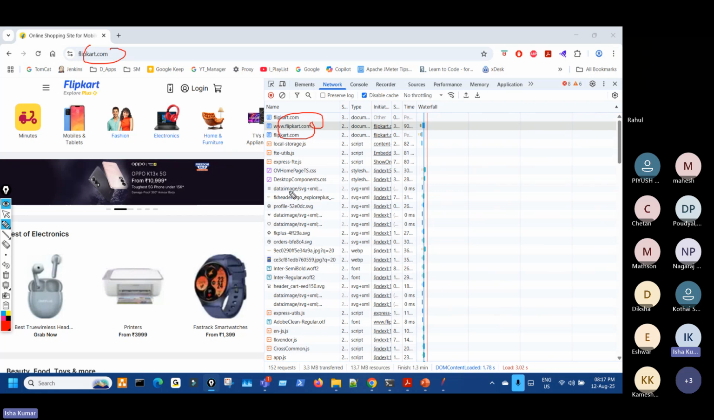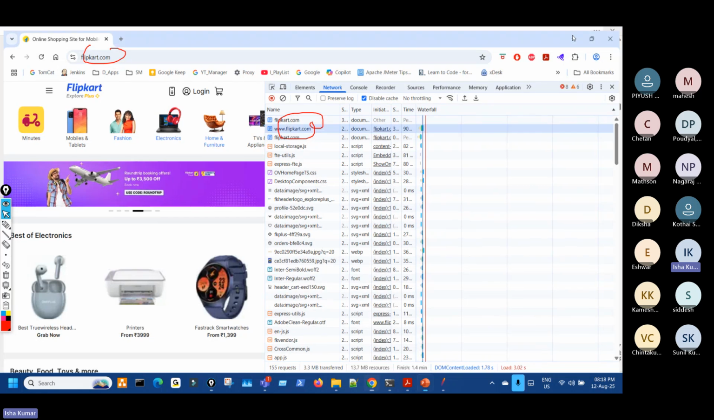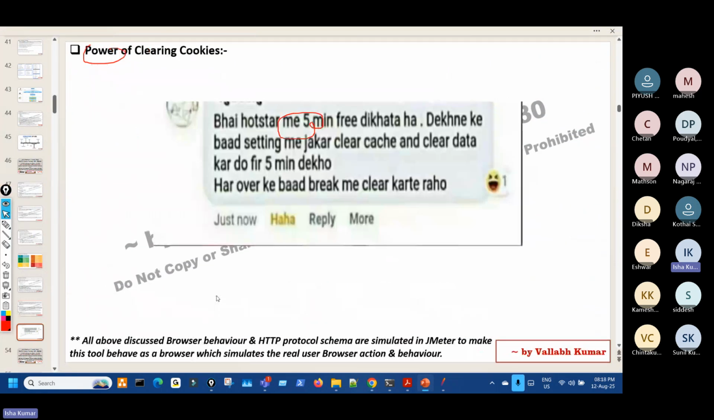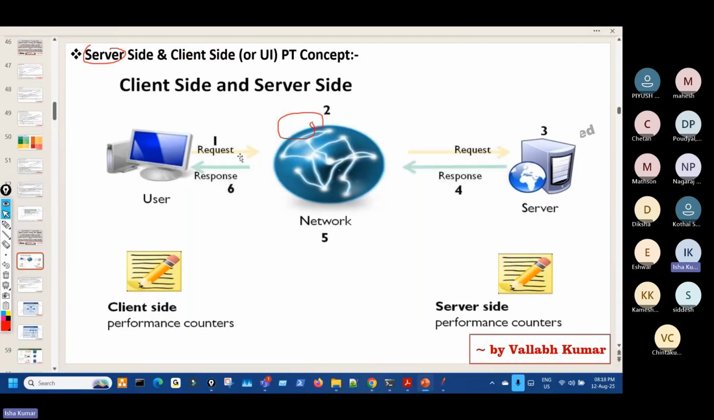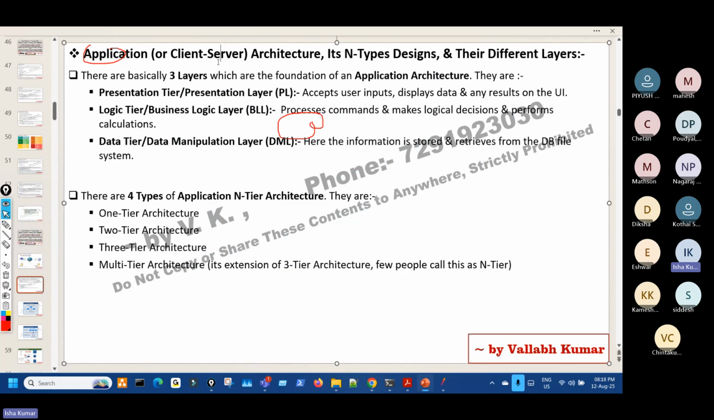And then cookies implementation, all things. So that we have to implement in the tool. So that's why we have to understand. So that all will be there: cookies, cache, user session. Then we will understand the architectures, right? Client side, server side. Then application architecture, where we'll understand presentation layer, business logic layer, data manipulation layer, and